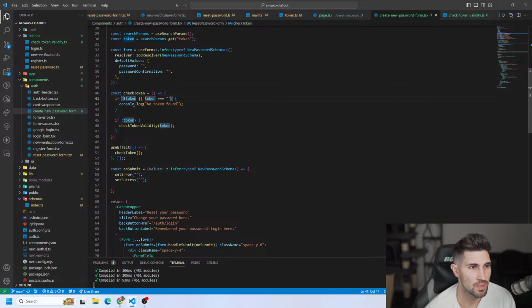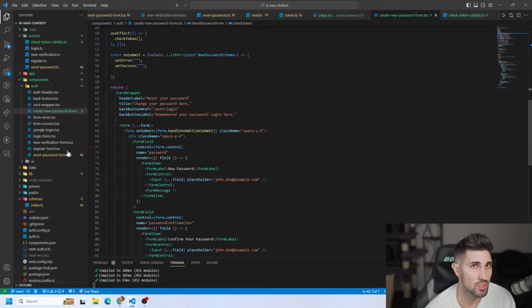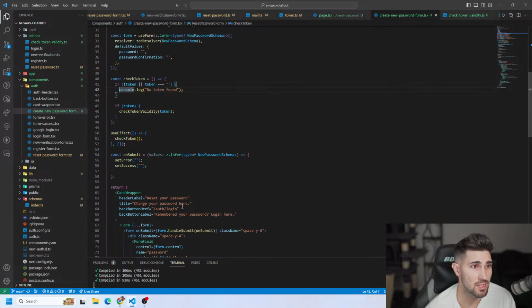So we should probably set some state here. Like if there's no token or the token doesn't exist, we need to probably set some state so we could do a conditional render of the return. That's what I'm thinking. But for now, I'm gonna work on the other server action, which will be